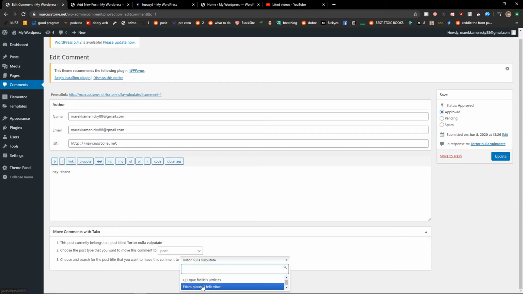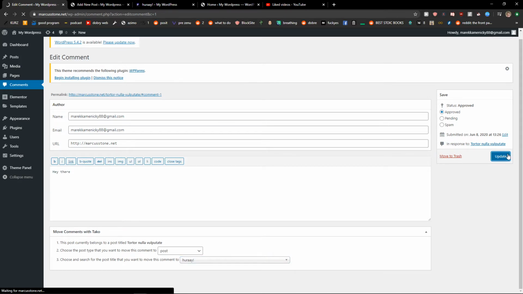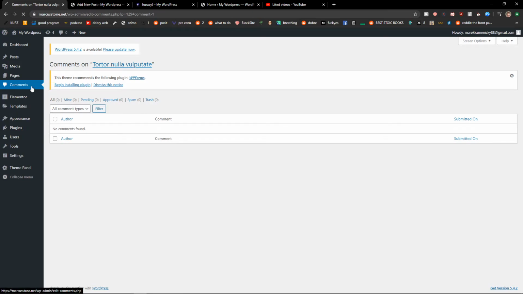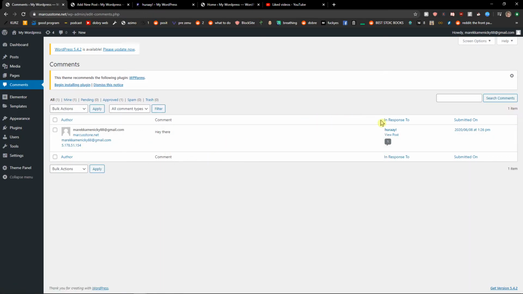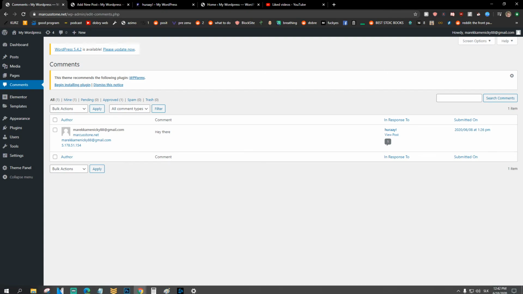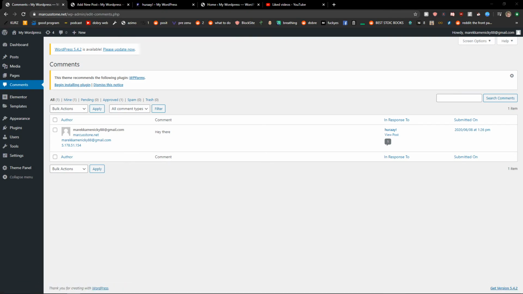post or page, and you just find the post that you want to add it to. Hooray! And update. And voila. And now it's on in Hooray. So this is how you do it, and this is how you simply move comments between